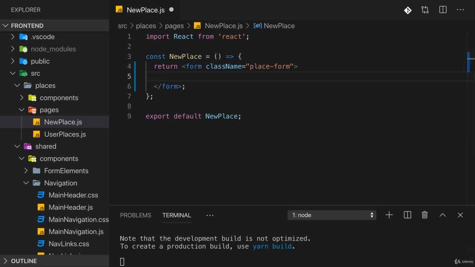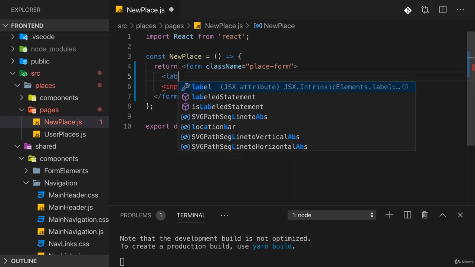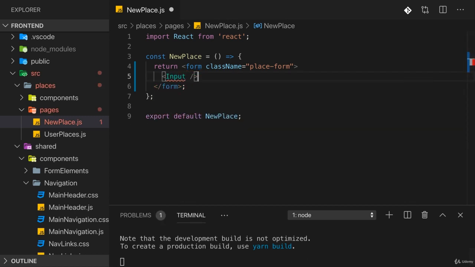Now, for the inputs, we could, of course, use the regular HTML inputs and combine that with, let's say, label components. But I want to create my own component, which combines both and that's important, which also has built-in user input validation. My idea is that we have some kind of input component, which we could use like this. And that on this input component, we can configure it. We can give it a type of text, for example. We can give it a label of title. And we can also add a validators property, which should take an array of predefined validation rules, which we'll also